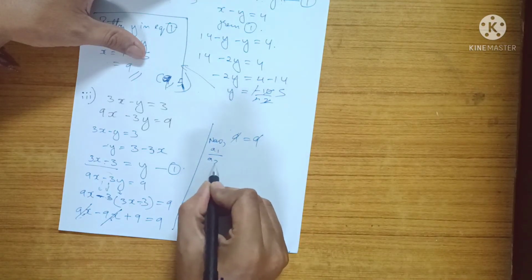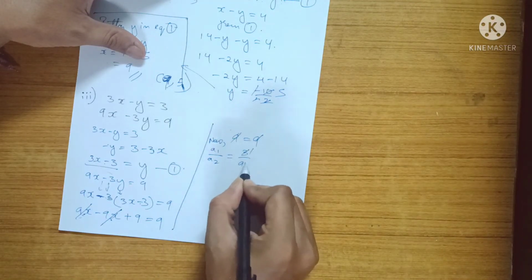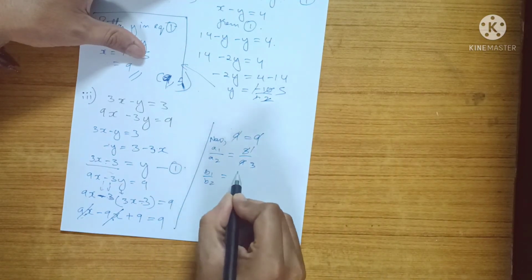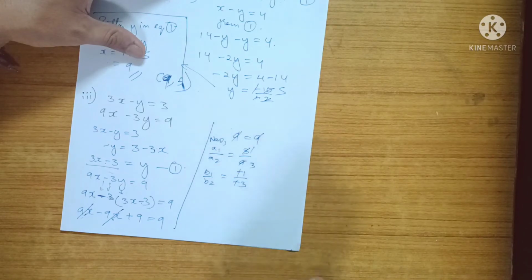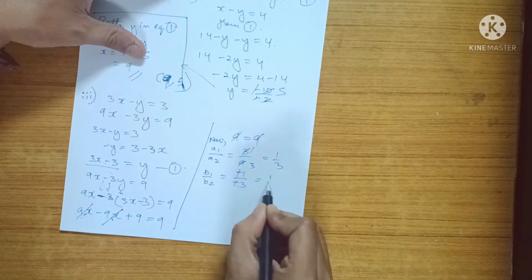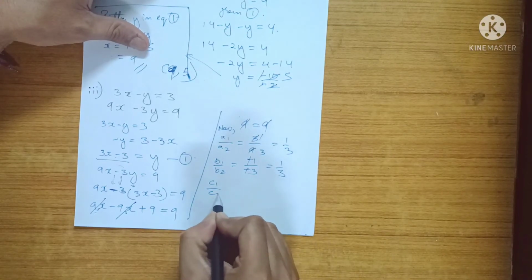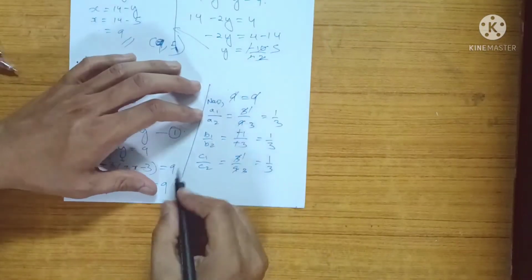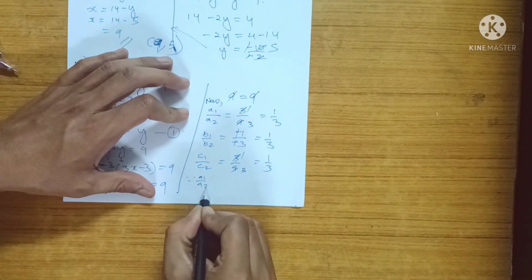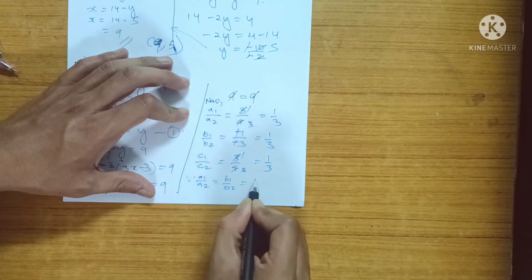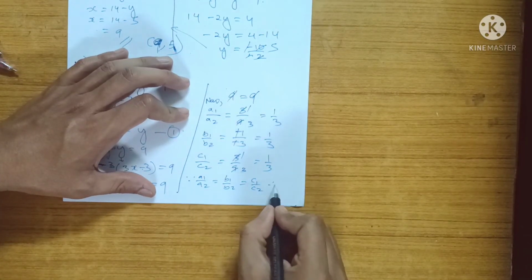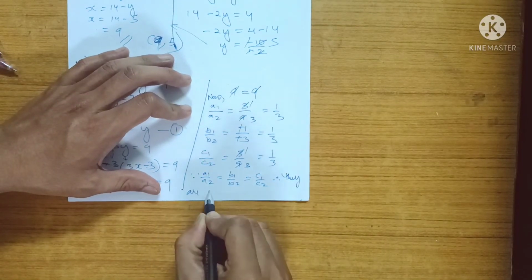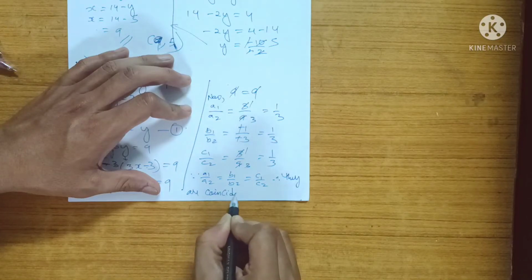Whenever this happens, you're supposed to do this. a1 by a2 equal to 3 by 9, 1 by 3, right? b1 by b2 equal to minus 1 by minus 3, minus we can cut. Here also we're getting 1 by 3, and then c1 by c2 is equal to 3 by 9, 3 1s are 3, 3 3s are 9, so 1 by 3. Since a1 by a2 is equal to b1 by b2 equal to c1 by c2, therefore they are coincident lines